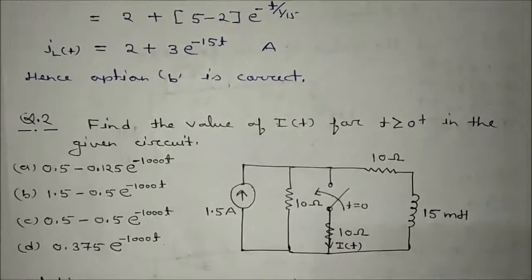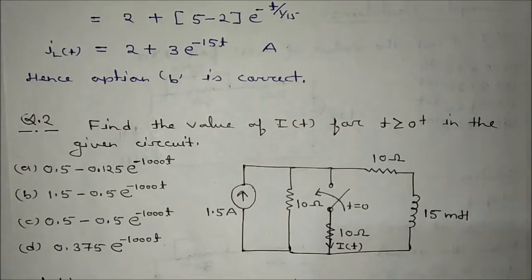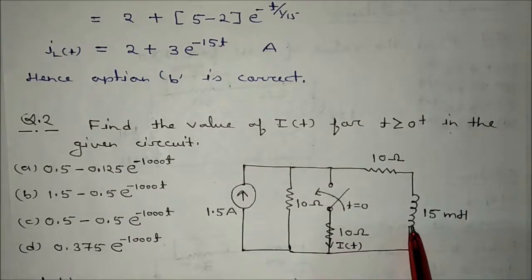What is the next problem? Find the value of i(t) for t greater than 0 plus in the given circuit. You can see what we have to calculate. We have to calculate this i(t), and i(t) is not the inductor current. That means, as I told in step number 5,